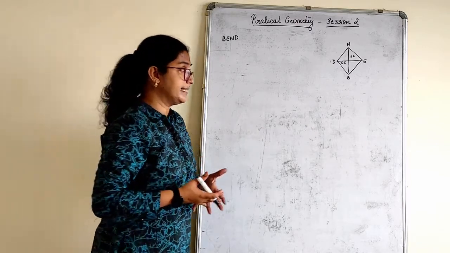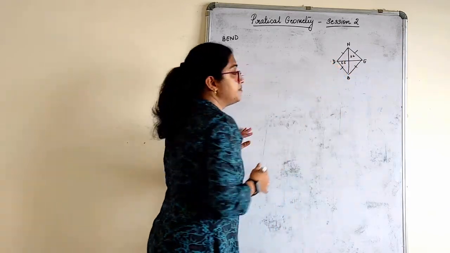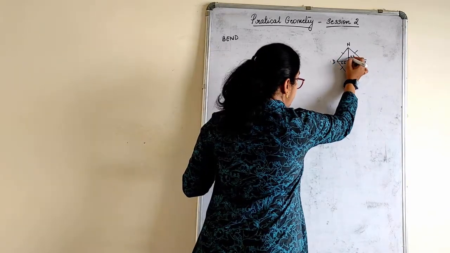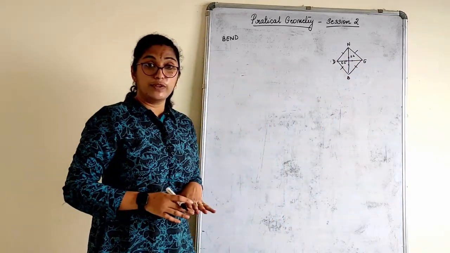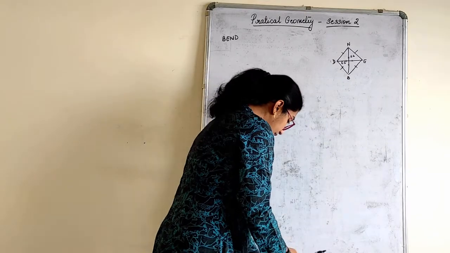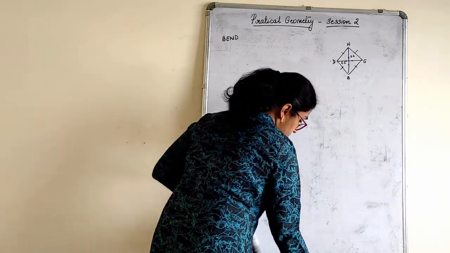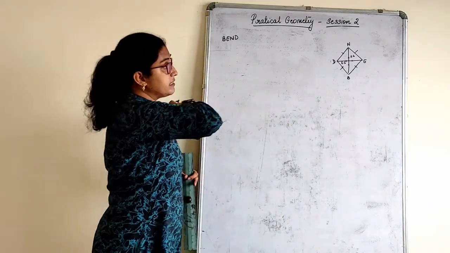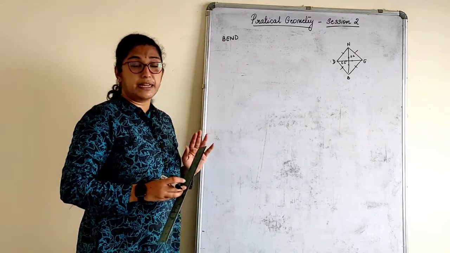Is it possible? Yes. First of all, know the rhombus properties. All the sides are equal. That's the first one. Diagonals bisect each other. This is equal to this and this is equal to this. That much do we know? Yes. So what we have to do now is construct it based on the diagonals. Let us first consider the diagonal only as the base, as it is. We will get the remaining part as it is, okay?